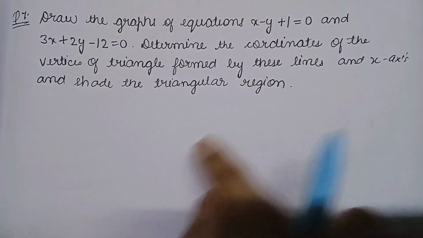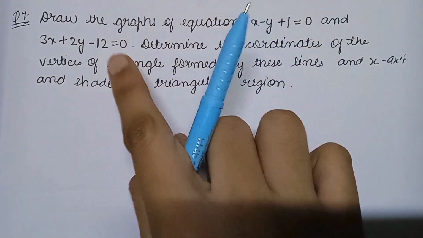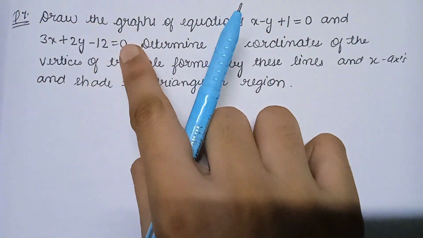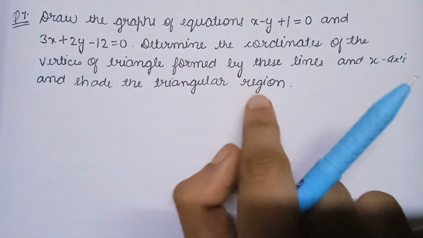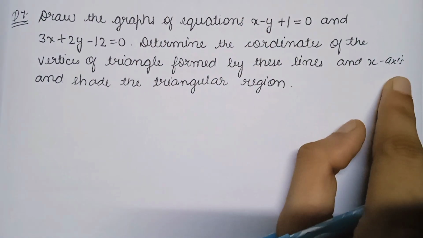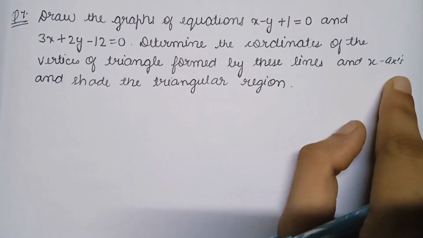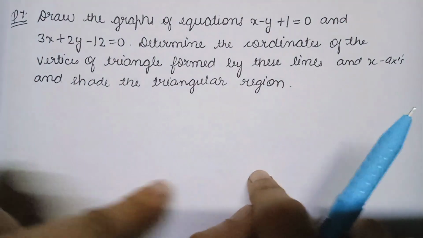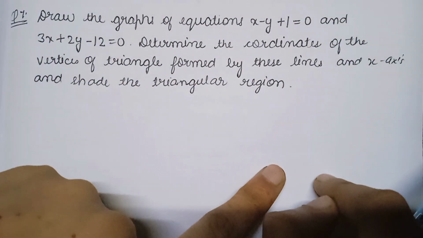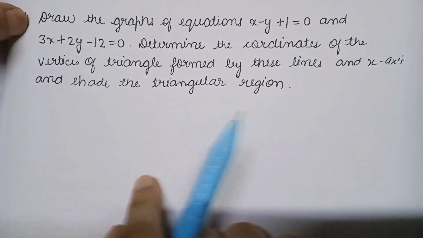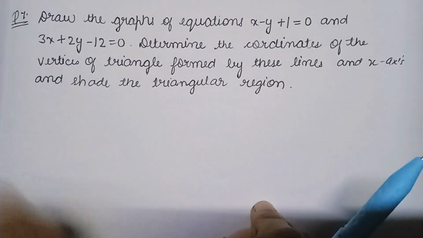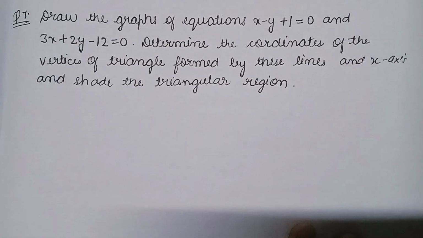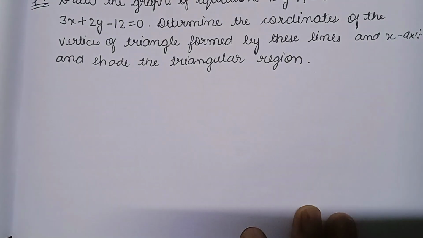जब हम इन क्वेश्चन के अकॉर्डिंग जब हम इन लाइंस को ग्राफ में प्लॉट करेंगे तो इन दोनों इक्वेशन की जो लाइन बनेगी और एक्स एक्सिस की जो लाइन बनेगी, इन तीनों के इंटरसेक्शन से एक ट्राइंगल फॉर्म होगा. हमें उस ट्राइंगल के तीनों पॉइंट्स बताने हैं, उस ट्राइंगल का रीजन भी शेड करना है. सो लेट्स स्टार्ट. पहले हमें इसके लिए इनके पॉइंट्स ही पता लगाने होंगे.